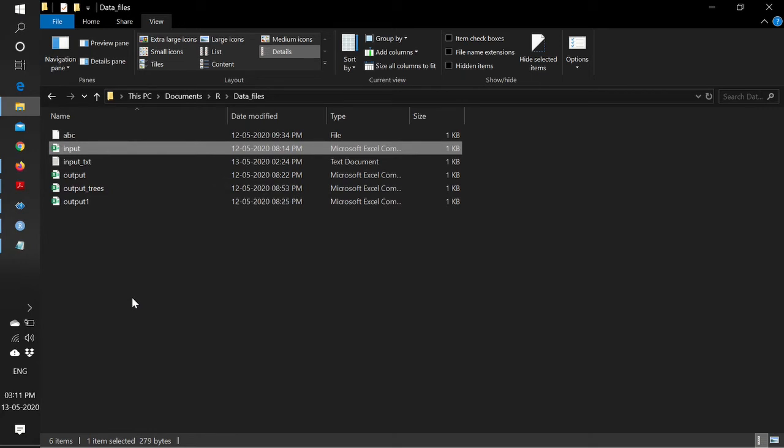R can support file formats like netcdf or spreadsheets, and some other files also. Anyway, as we are at the introduction level, we'll learn about these two things first, and if we have some time, then we can go through the Excel files also. Okay,